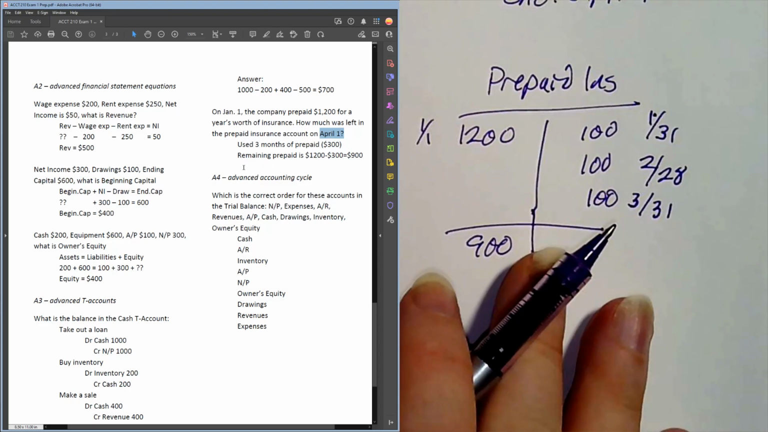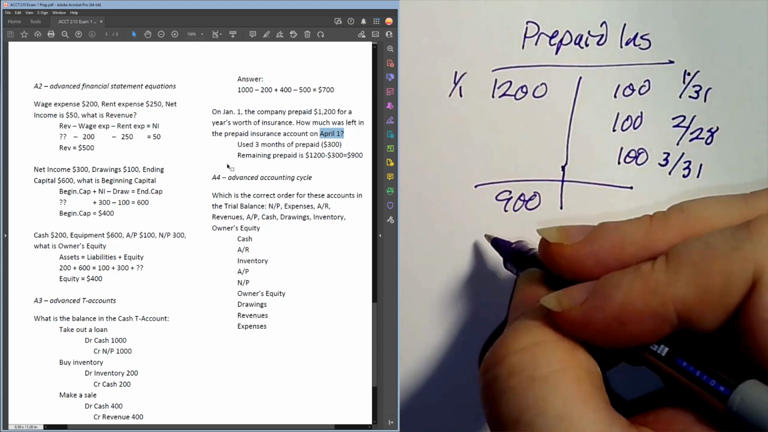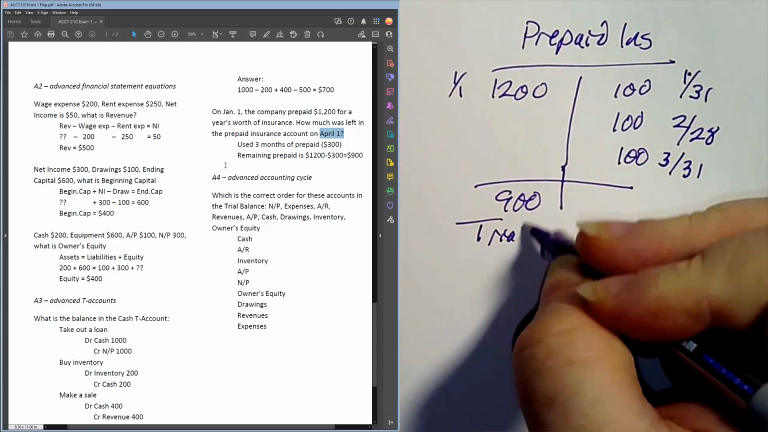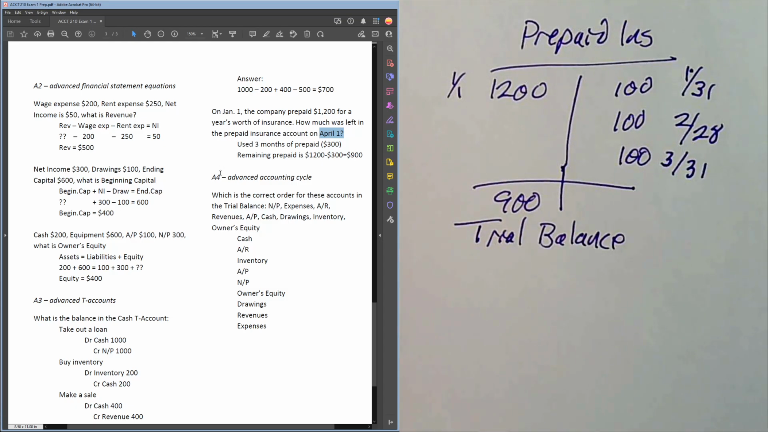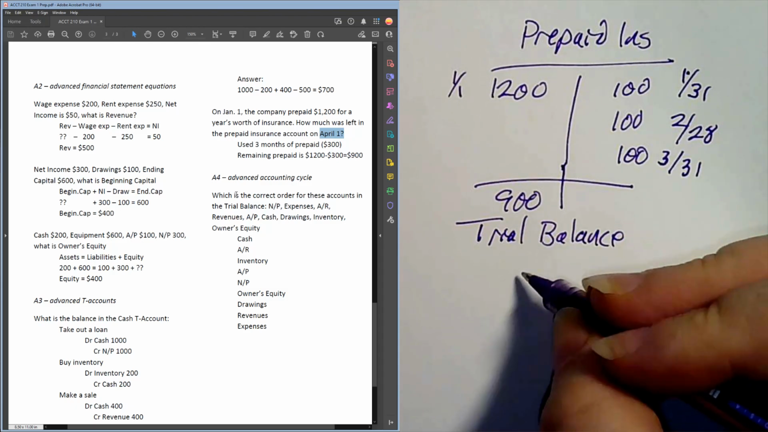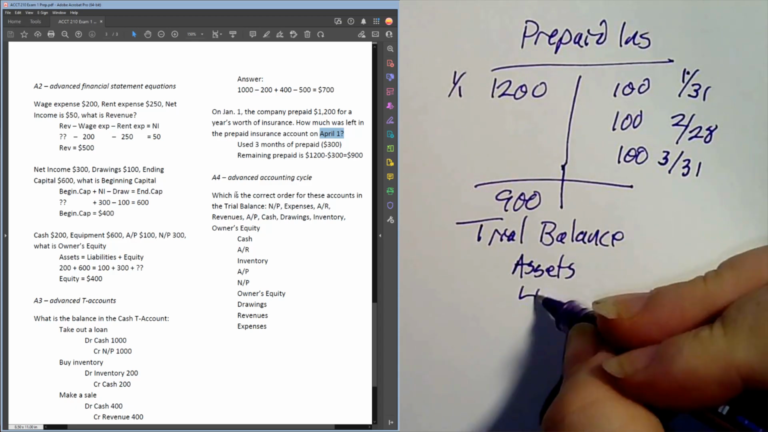This last one, advanced accounting cycle. We don't have any other accounting cycle questions. This is asking you what's the order of the trial balance. So you're given a bunch of these. I may have to reword this question because this is designed to be an in-class question where they actually write it out. But the trial balance is always listed in order of assets, liabilities,